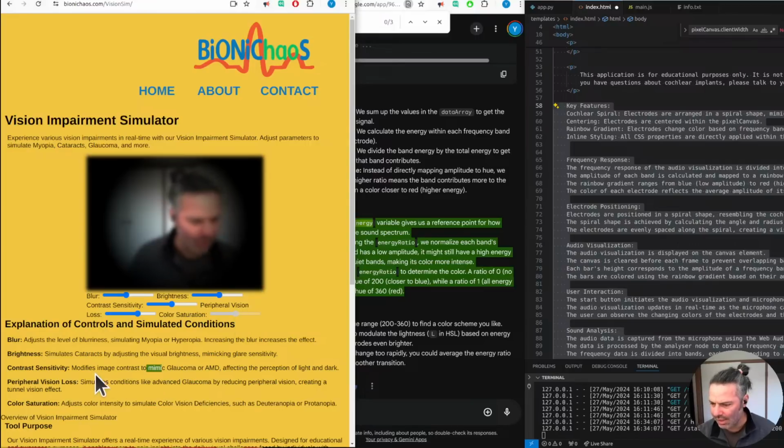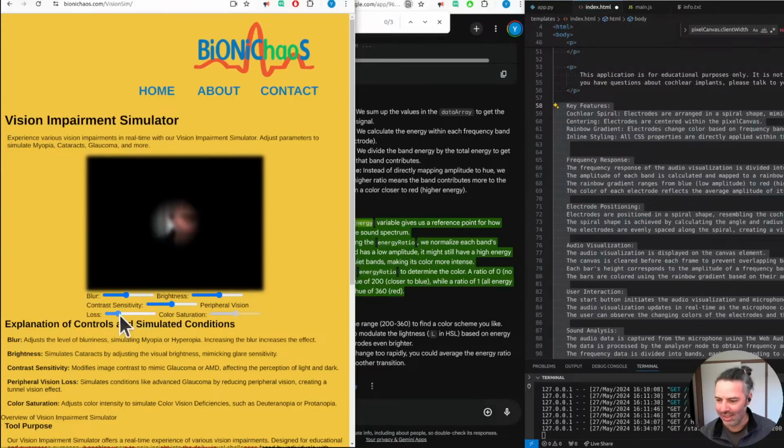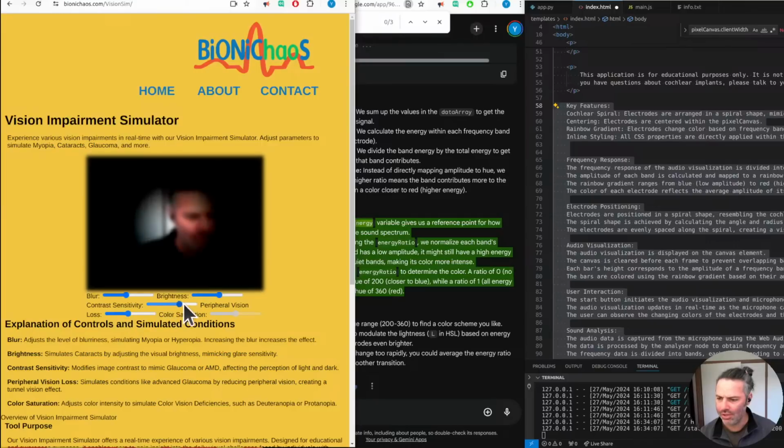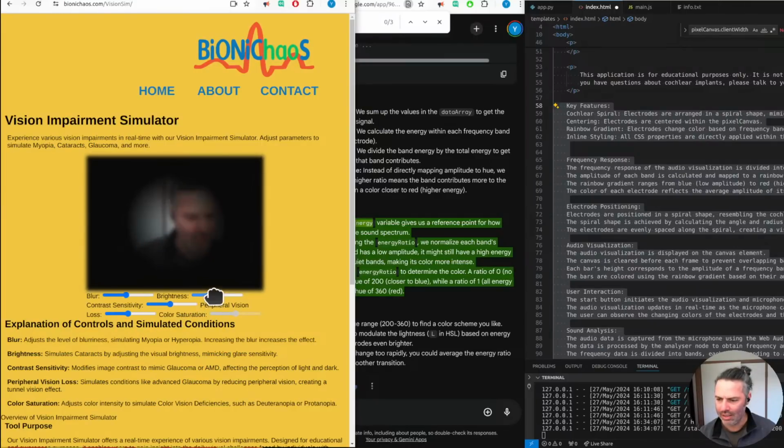The color saturation didn't work. It wasn't that it's not available for subscribers or something, it just didn't work. But you have peripheral vision loss, contrast sensitivity, which is a thing, brightness, and you can have